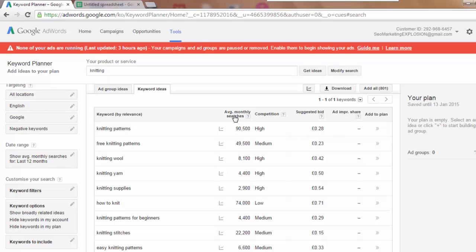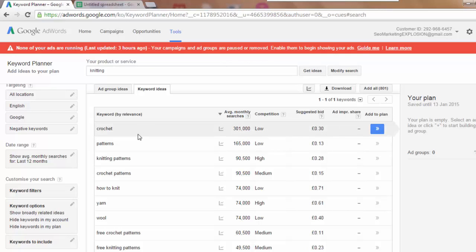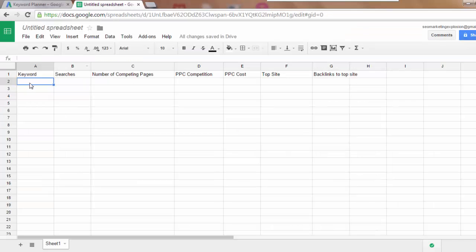You can search by these various columns. So you can see that the highest number of searches for the keyword knitting is actually crochet, with 1/3 search results a month. So if we now pick up and start filling in our information on here,